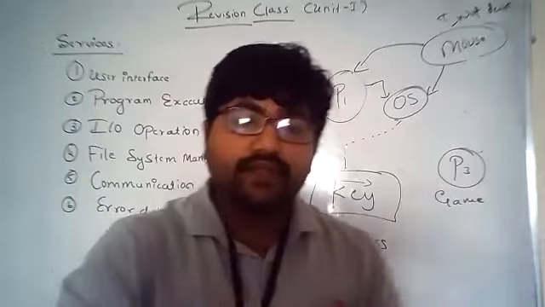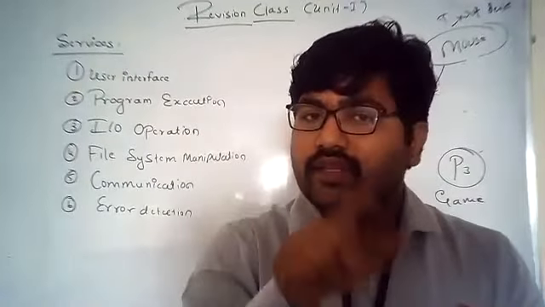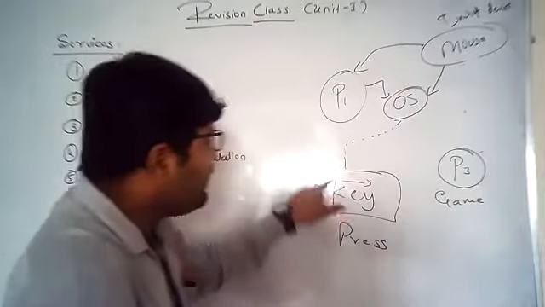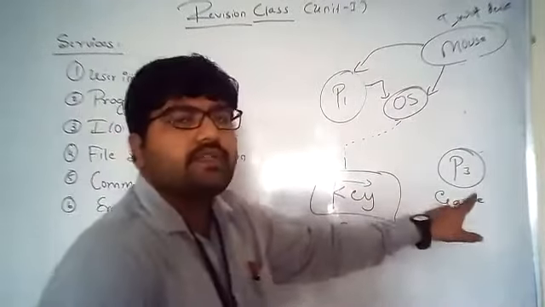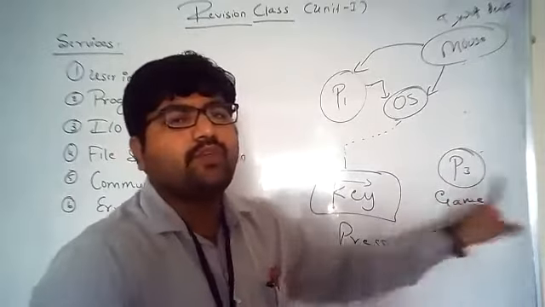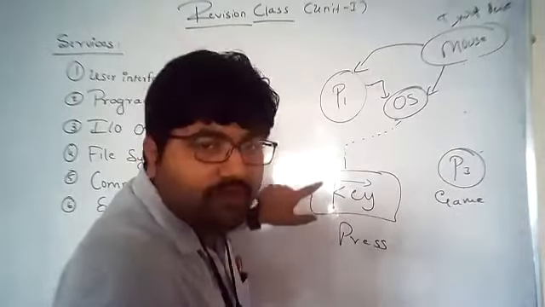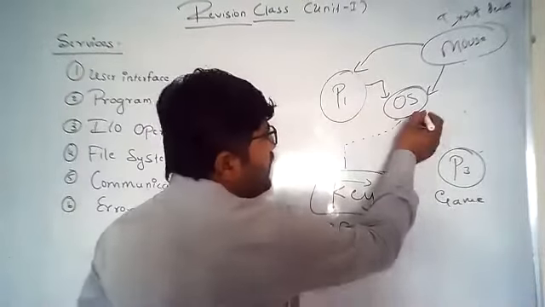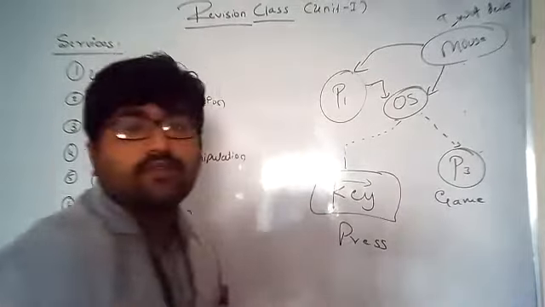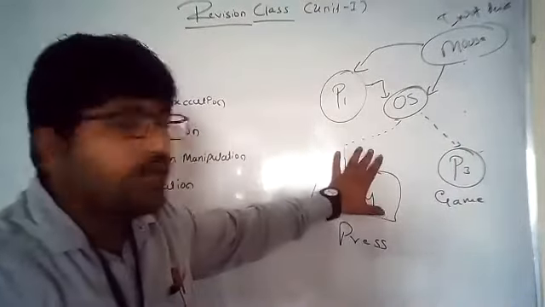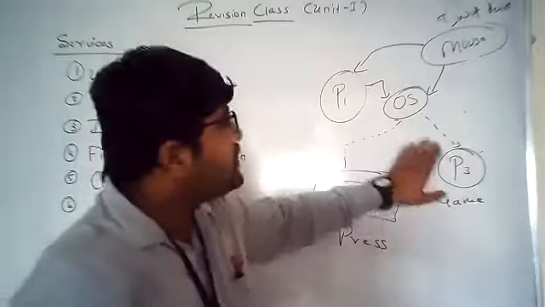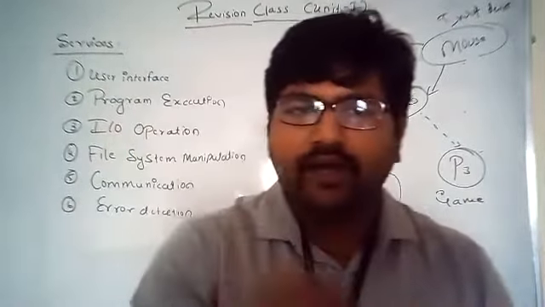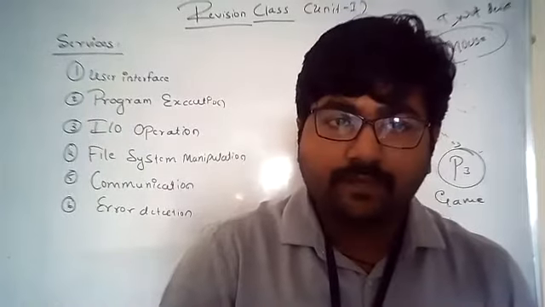If you are playing a car game, there are left and right arrow keys, and up and down arrow keys. Am I right? If you press a key, say right, this process should move to the right side. When you press the key, the message will be received by the OS, then it will be conveyed to P3. So what is it performing? The OS carries the input operation to P3. That is one kind of service, input and